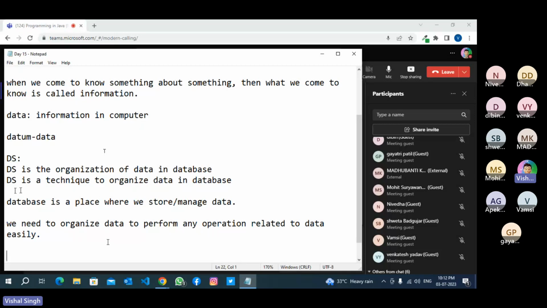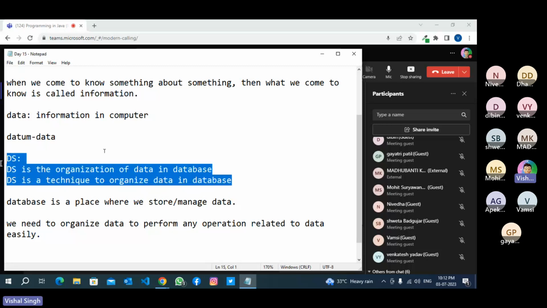People will be storing data, retrieving data, updating, modifying the data. You are supposed to develop that kind of application. So you have to know data structure very well. Without knowing data structure, you will not be able to design or develop that kind of application.